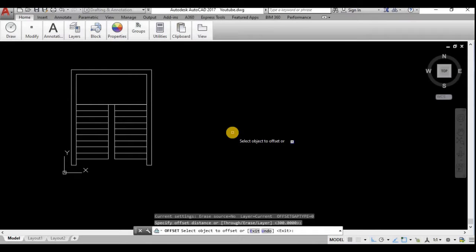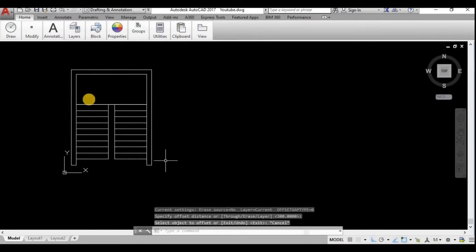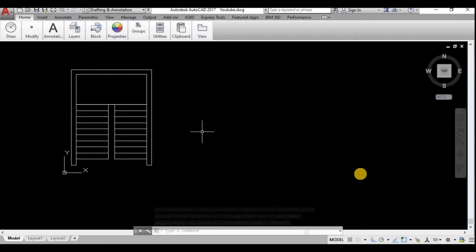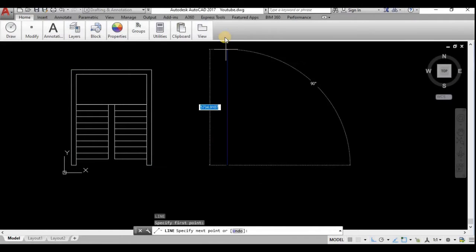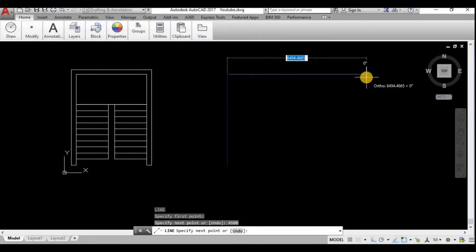For that I shall choose a staircase model. This is a stair hall, and I am going to draw the stair hall. How can we draw this? First I shall draw the stair hall dimensions. This dimension is 4500, and the horizontal distance is 3300. I have drawn in mm.